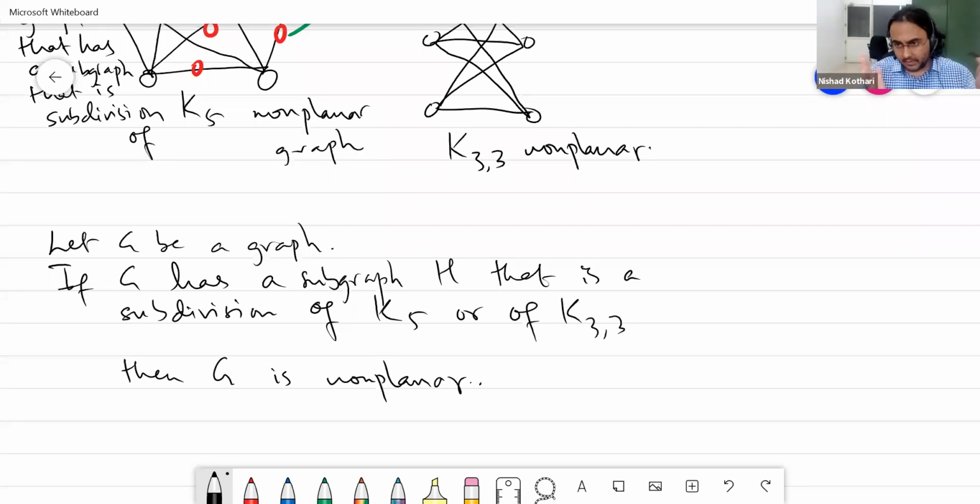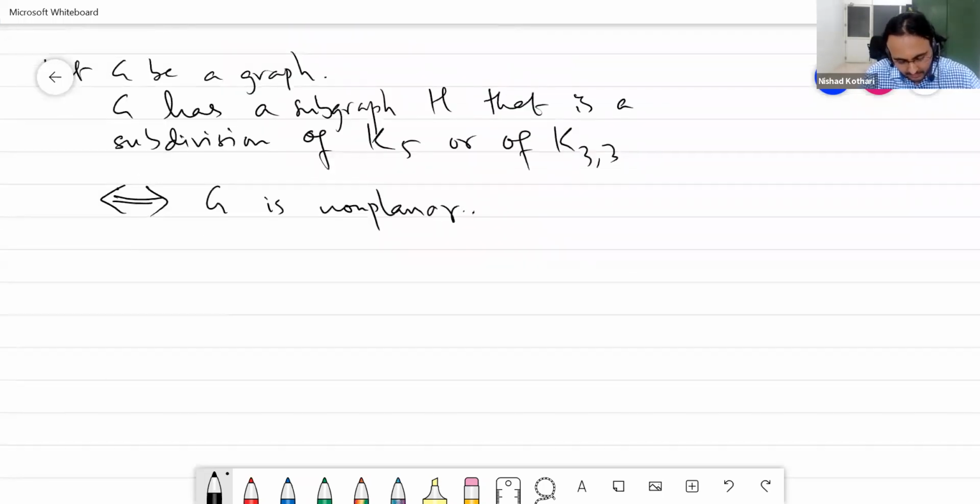This is straightforward because we are not doing anything really difficult. We just prove that K5 and K3,3 are non-planar, and then say that any graph that contains one of these two in this specific sense is also non-planar. What is really cool is Kuratowski's theorem, which says that this is actually if and only if. So any graph that is non-planar is non-planar precisely because it has a subgraph that is a subdivision of K5 or K3,3. For example, the Petersen graph is non-planar.